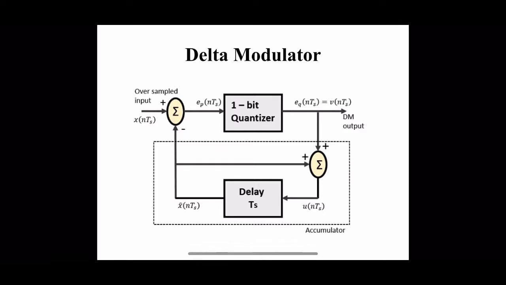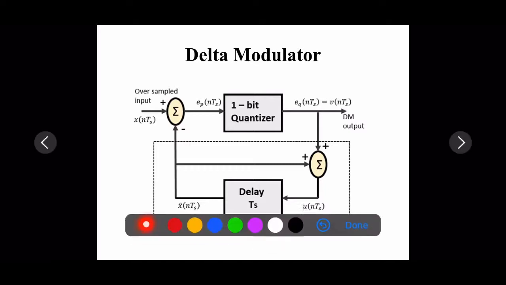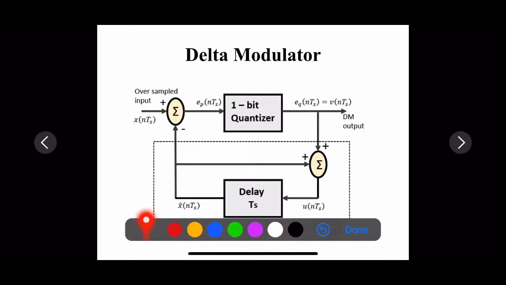Now we are seeing the delta modulation. If you are taking one scheme, there modulation and demodulation will be there. Modulation means the generation of the signal. Demodulation means the detection or recovery of the original signal. In the delta modulator, we are having the 1 bit quantizer, a delay circuit and 2 comparators.